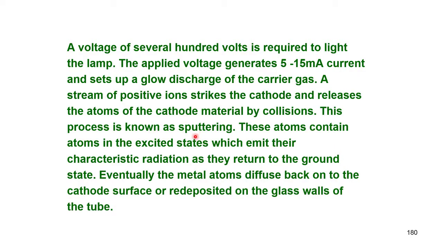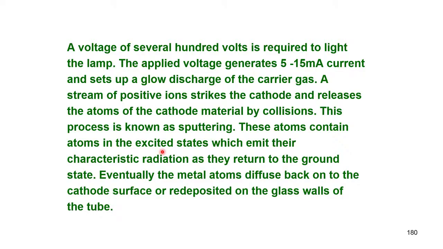So, part of the electrode metal will vaporize and recondense as a thin film on the glass or Pyrex piece. This process in which the metal atoms are released from the cylinder is known as sputtering. Because of sputtering, these atoms contain atoms in the excited state, but in the same metal matrix. Okay. So, if you imagine a metal piece like this, the atoms on the top layer would be sputtering like this,